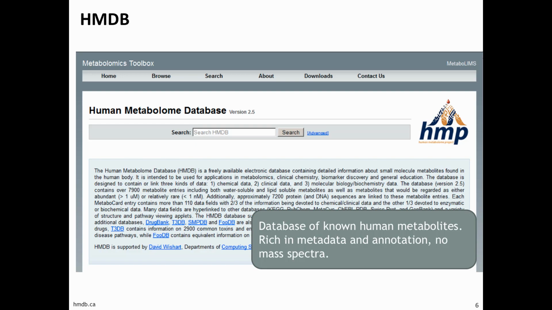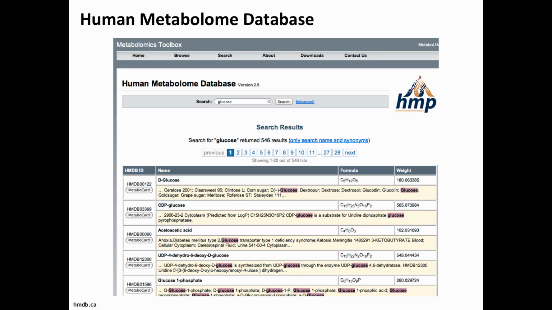It's a very well done database, nice web interface. You can go in there, you can search for metabolites, for example, for glucose. That's what I did here, and then you get a couple of entries that have glucose somewhere in. Of course, the top hit is actual glucose. You get the molecular weight or the monoisotopic mass as well, the formula, and then you can click on that